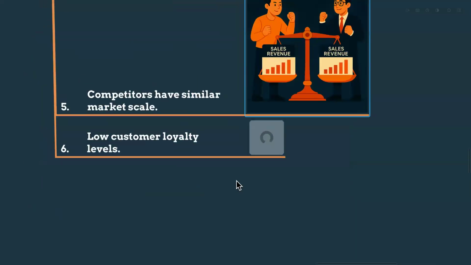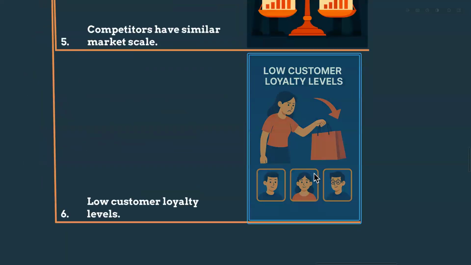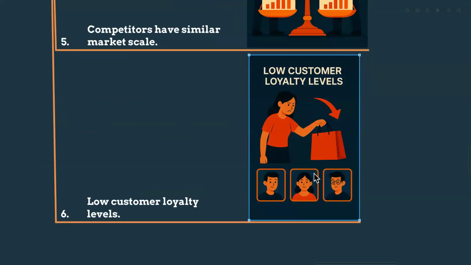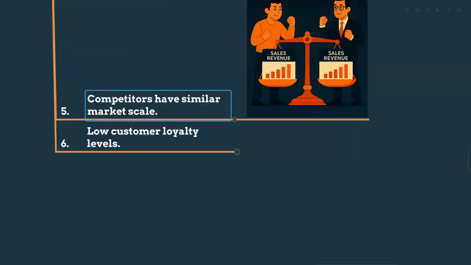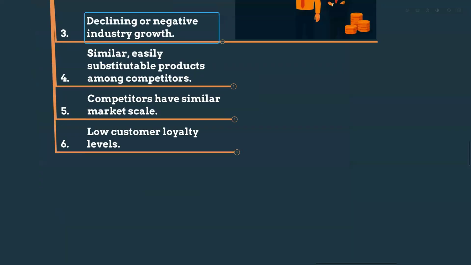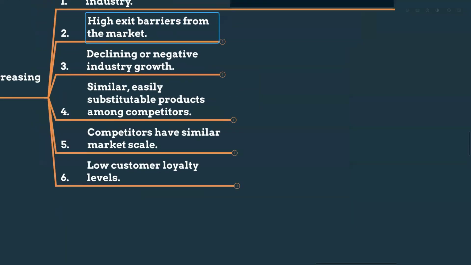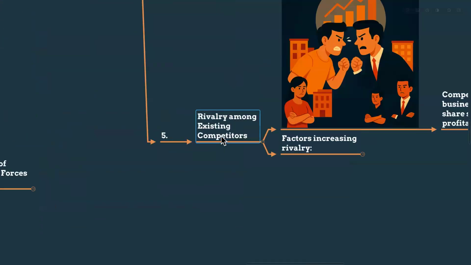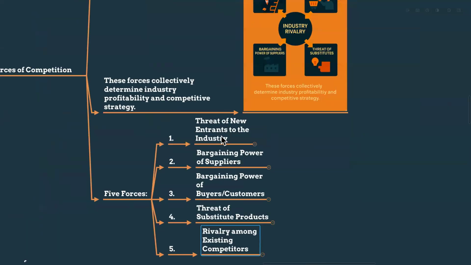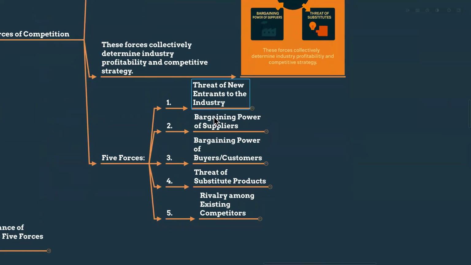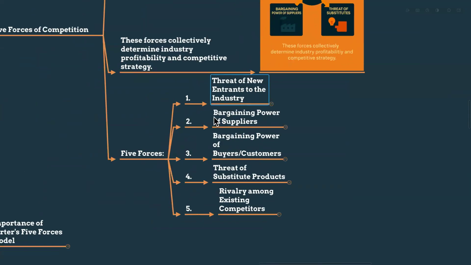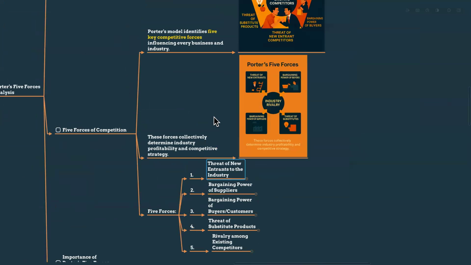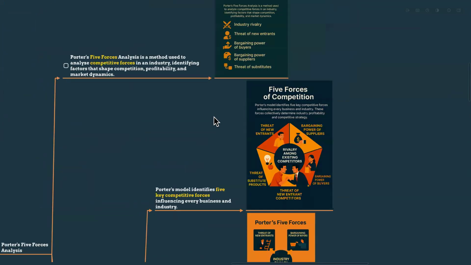And the sixth one, low customer loyalty level. Customers switch easily, just declining your products. So these are the things that will decide the intensity of the existing competition, right? So you have to remember these five forces, my dears. Definitely, sometimes they will ask this question: what are the five forces of competition as per that person's name,